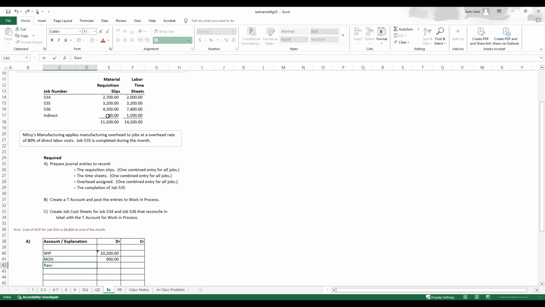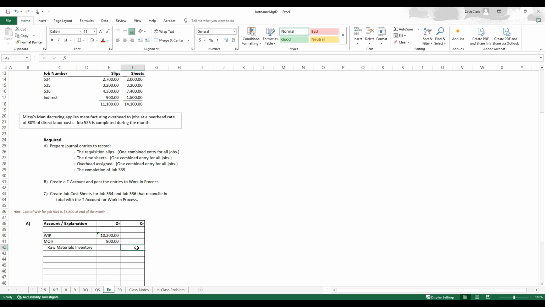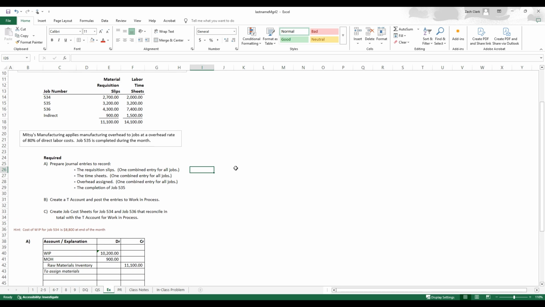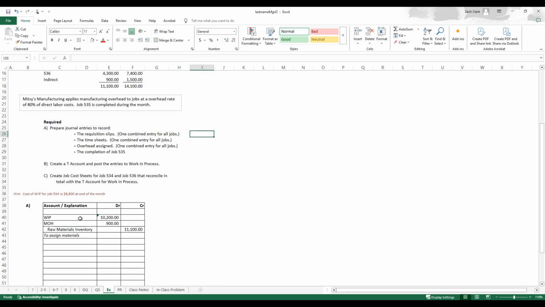And our credit is going to be raw materials inventory. Again, to make a nice journal entry, let's indent that to reflect that it's a credit, which in essence is saying we're reducing our assets there in raw materials. And we'll say to assign materials, and let's just italicize that to show it's an explanation. Okay, that's our journal entry to put the cost of materials used into work in process, and then a